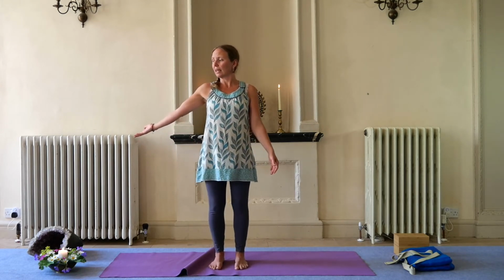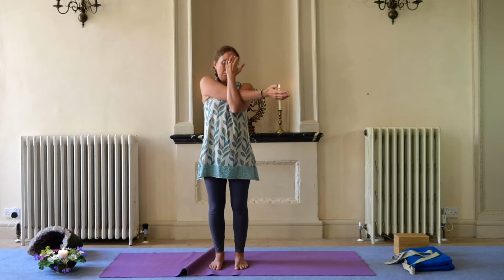So bringing the right hand into the crease of the left elbow, and then stretching out all down here, this shoulder here, the right one, in for 5 breaths. It's quite a nice relaxed exercise, this one. Keeping the shoulder relaxed, this right shoulder. And of course the left one too. Soft face muscles. Lovely deep breaths as you take your 5 breaths in your own time. And then when you've finished your 5 breaths,